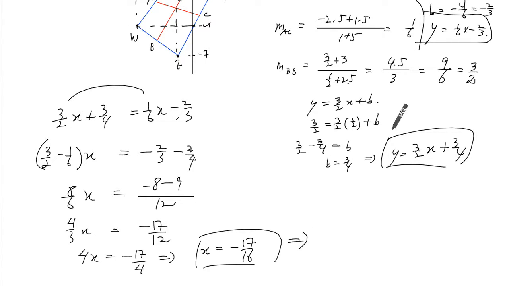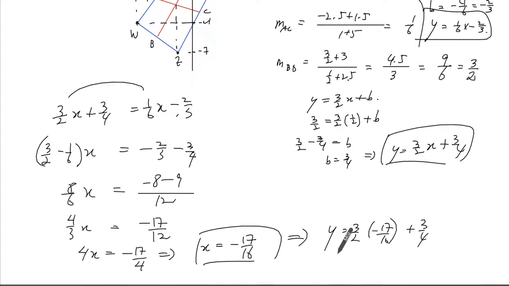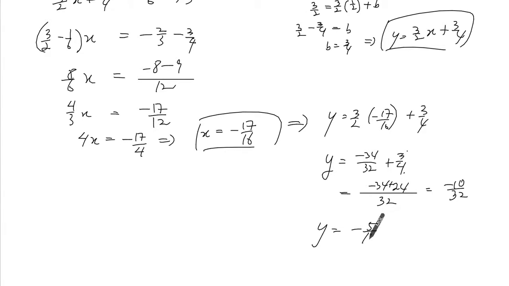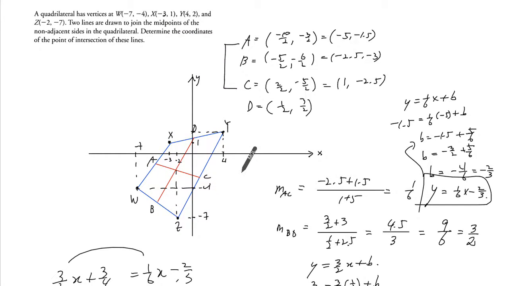To get the y coordinate, we have to plug it into either one of these two. Let's plug it in here. Okay, it doesn't matter which one, just the one that looks easier to you. Neither looks that easy. Okay, unless of course you're allowed to use a calculator in your class. So this is minus 34 over 32 plus 3 over 4. Okay, so common base is 32. So times by 8. 24 minus 34. So that's minus 10 over 32. So that's minus 5 over 16. So that's the intersection point, assuming I didn't make any calculation error here. Okay, so